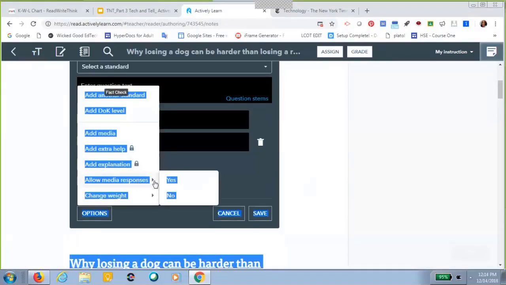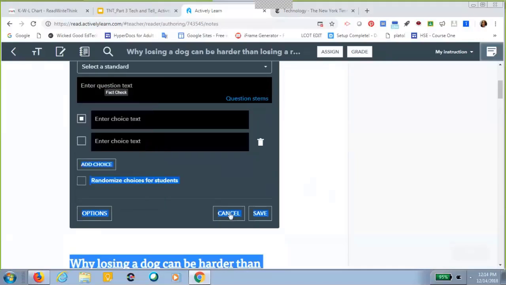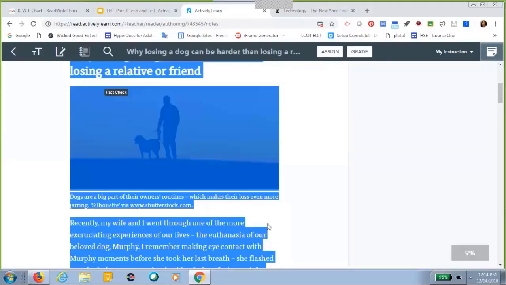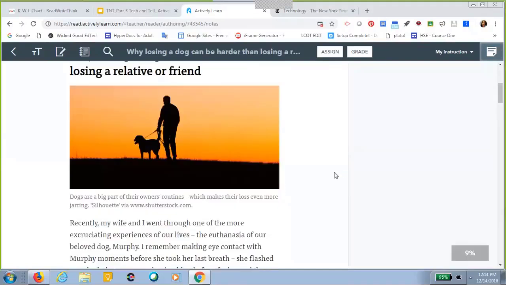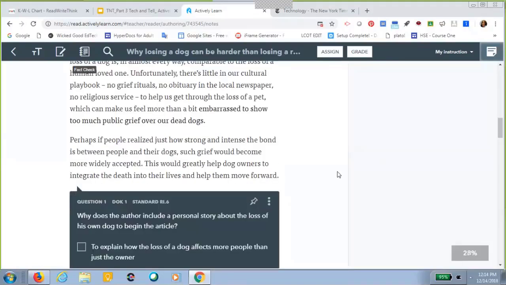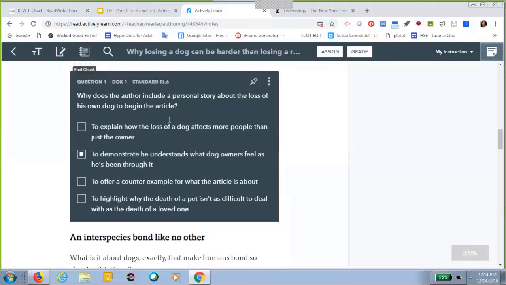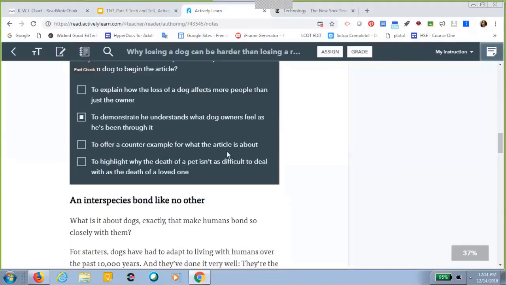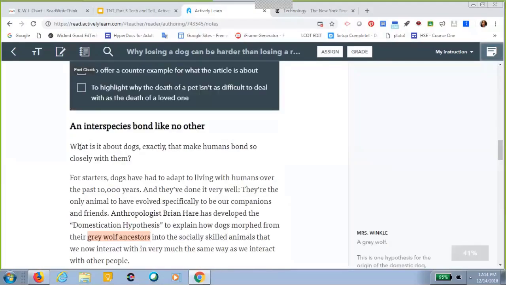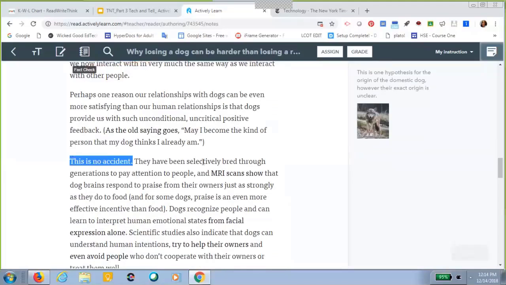You can allow media responses. You could add a DOK level. These are a lot of things I have not done myself, but maybe somebody else has. And so then they go through the reading, and then it will stop them and ask a question. But then what I can do is if I want to just stop it and I want to add something to it,